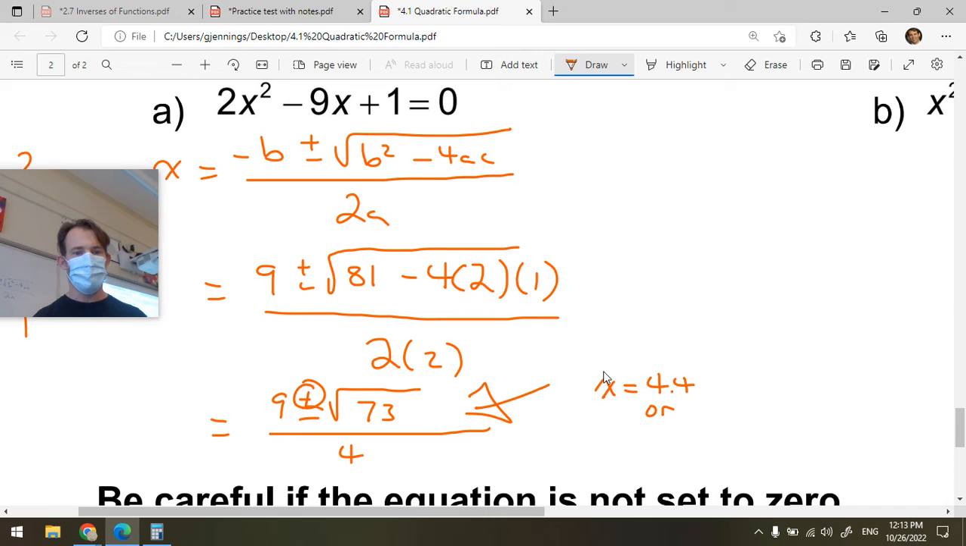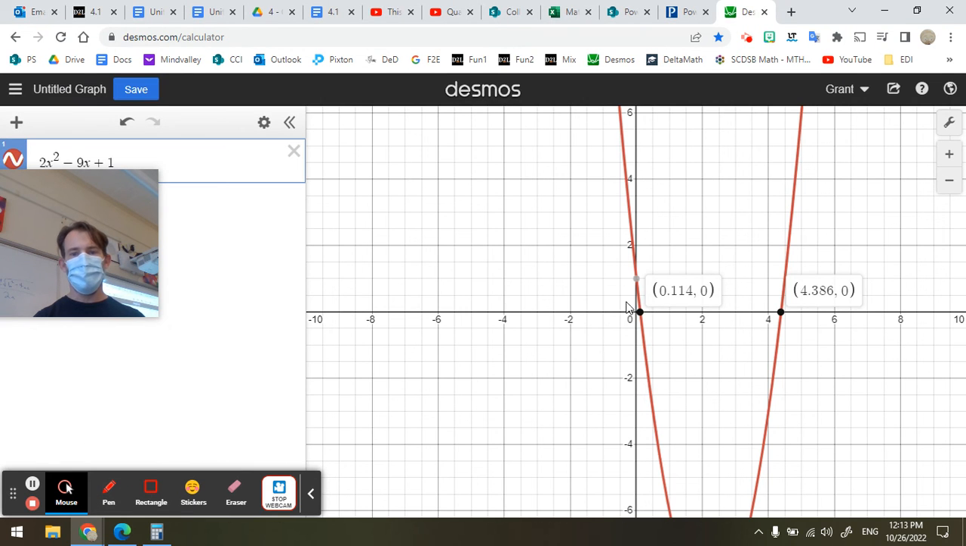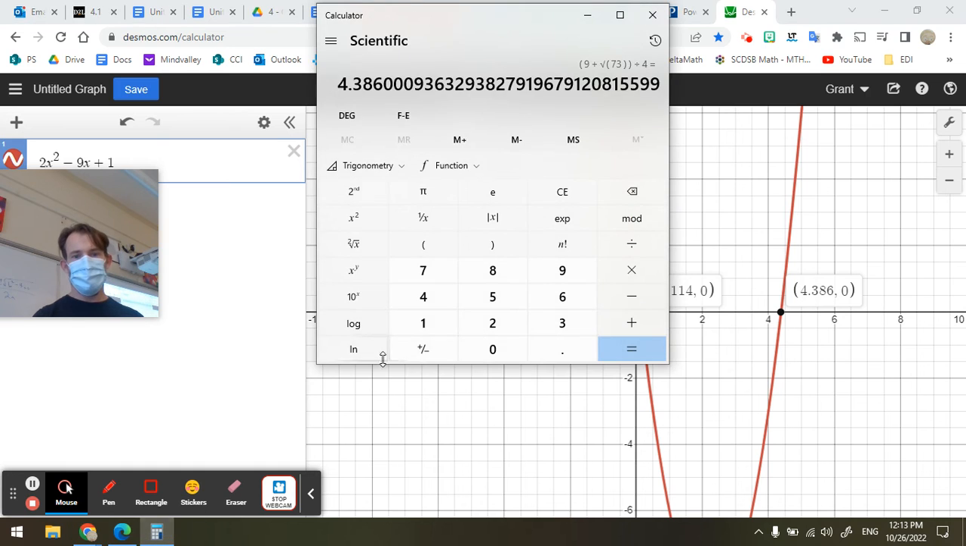I get two solutions because of the plus minus. And I'm getting two solutions because of the shape of these quadratics. There are two values for x frequently that give me a solution, and the quadratic formula points you in both directions with the plus minus. So the other one, you would do 9 minus the square root of 73,